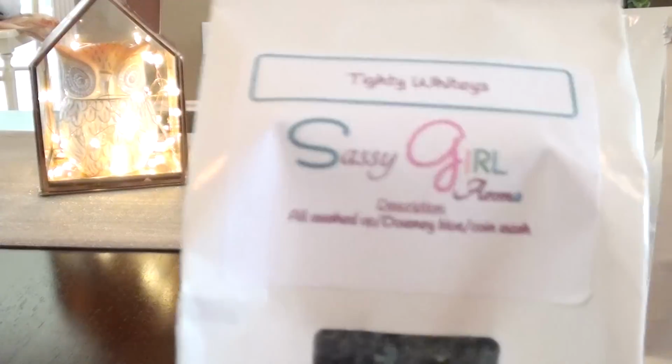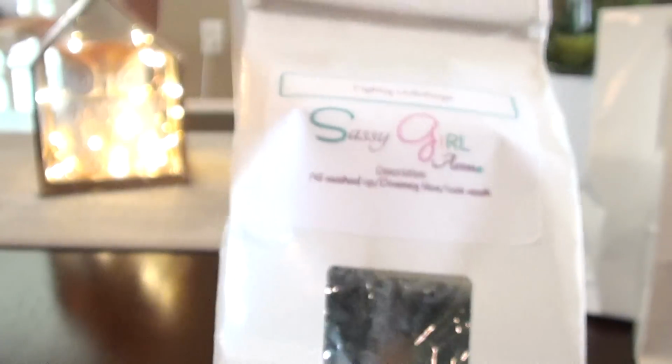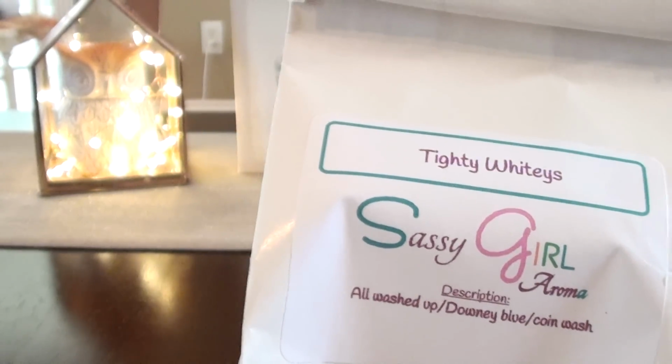I also grabbed some Tidy Whities. This is All Washed Up, Downy Blue, and Coin Wash. This one, so tomorrow, either tomorrow or Friday, I'm starting up my,